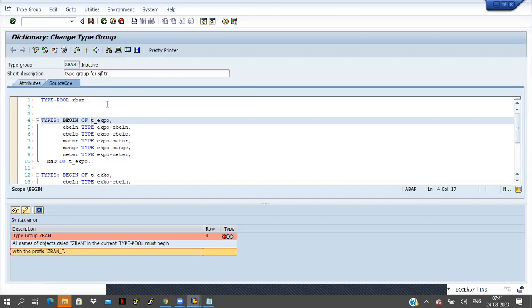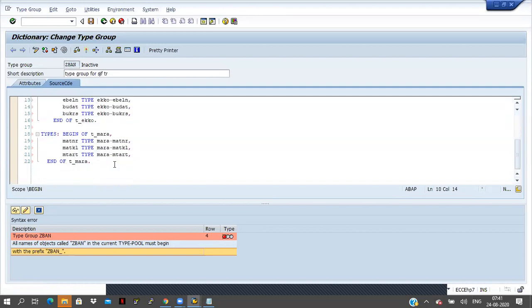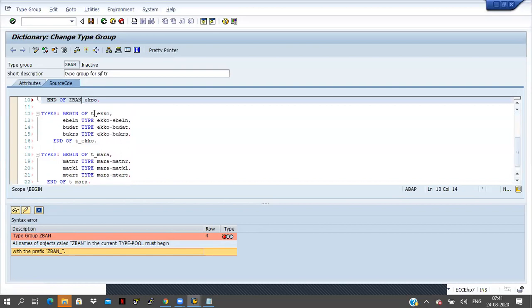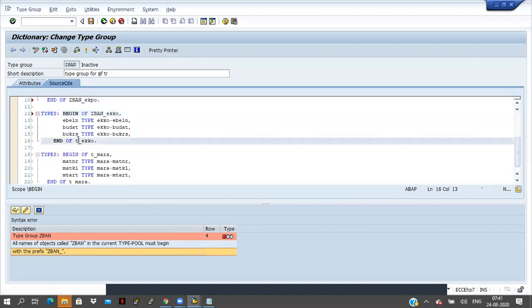So whenever we are starting the type name, then we have to start with ZBAN only. ZBAN underscore ekpo here, and ekko also. So what is the type name? The type name must start with the type group name.